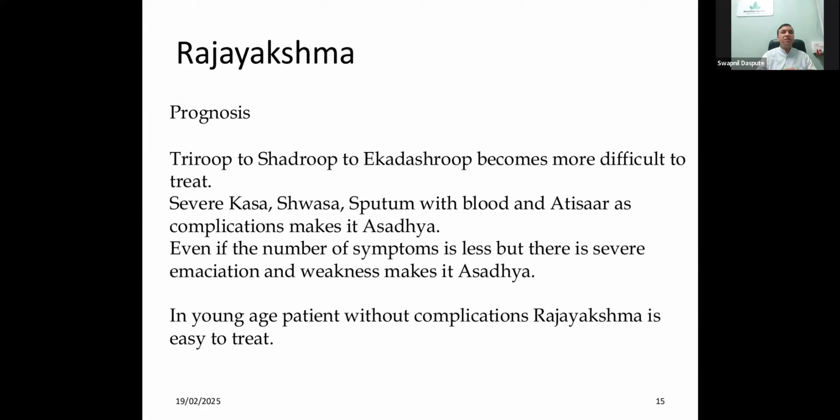When there is severe kasa, shwasa, sputum with blood, and atisara as complication, it makes it asadhya. Okay, severe kasa where the bouts of kasa or cough are constant, shwasa, severe breathlessness, sputum with blood. So they spit blood, and atisara. Atisara. So in Rajakshma,